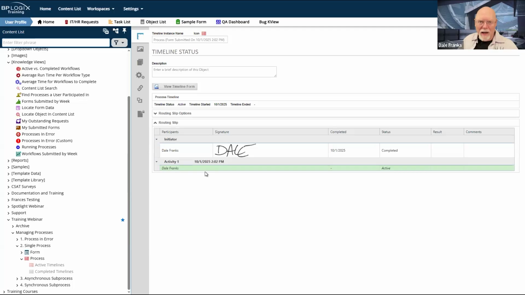We have this idea, I think, a lot of the time that what happens is the instance is created and it just automatically knows everything. All of the information and all of the configuration that is in the process timeline definition is automatically included in the process timeline instance. That is not true. Obviously, our top level information is all included. So, all of the top level properties of the timeline are included, but the activities are not. The activities don't actually exist until they are invoked.